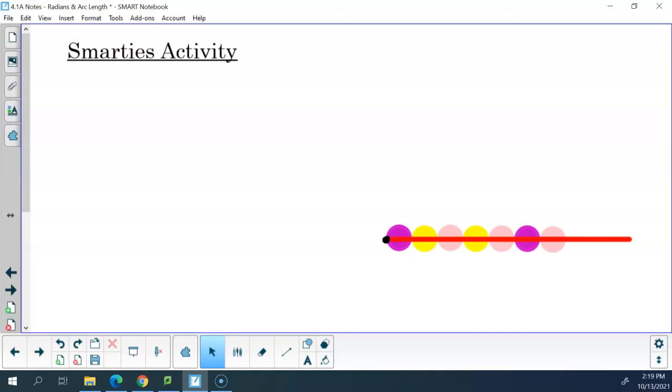Now what I would like you to do is on your line, take your pencil, and put a little mark at the edge of your 7 Smarties, because then your Smarties are out of the way. Okay? Now what you're going to do is,